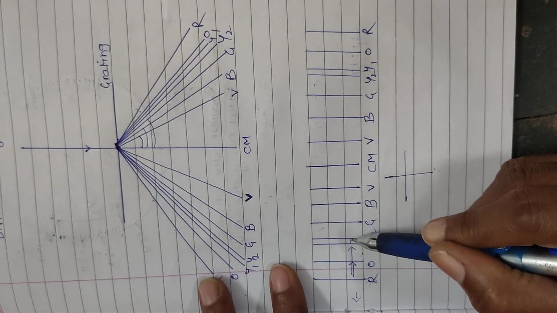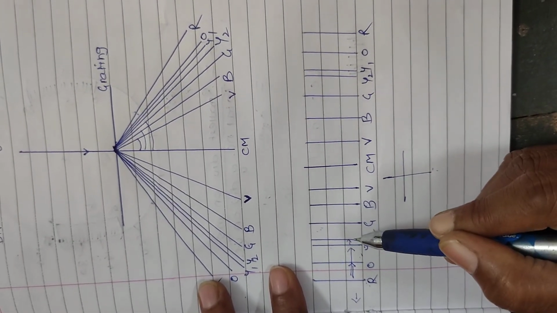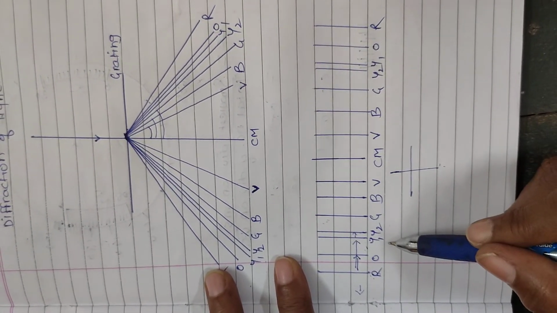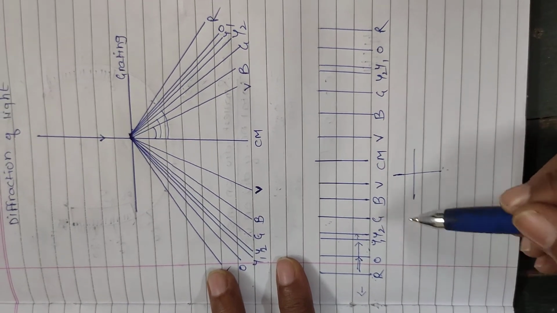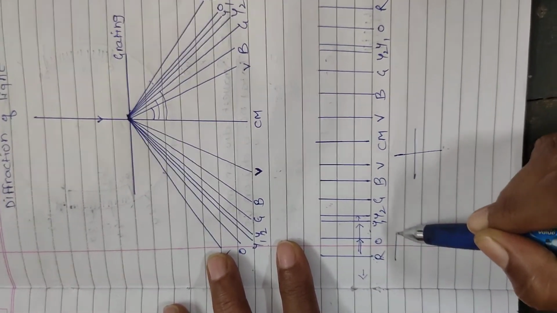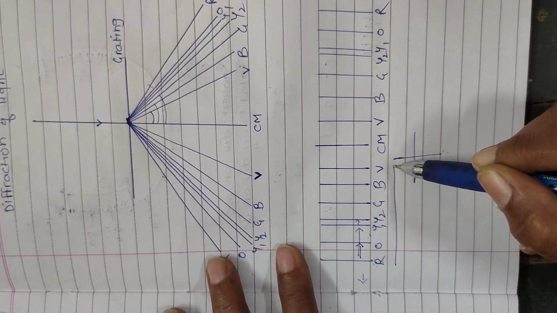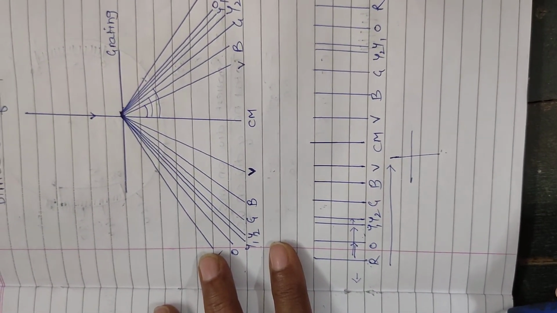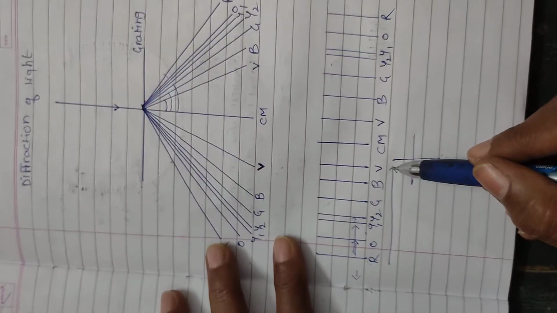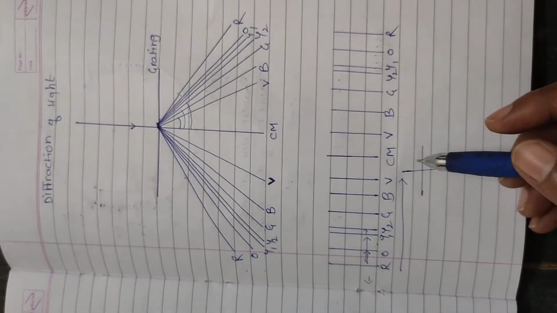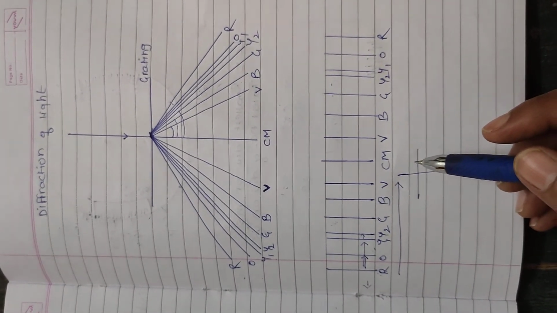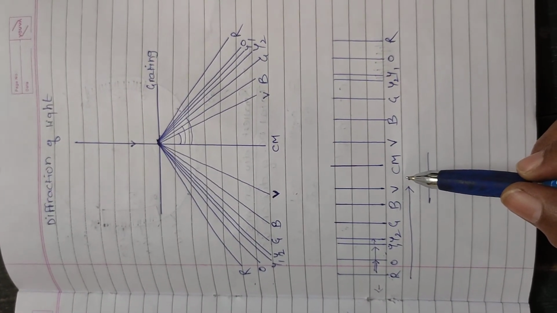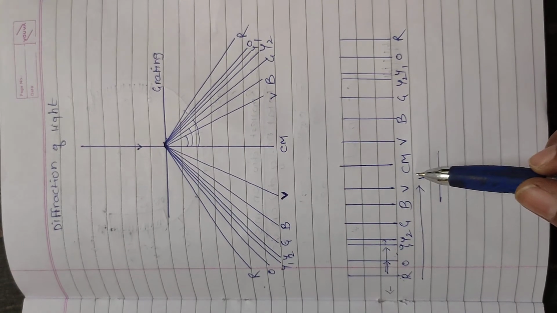Then we will shift the vertical cross wire of the telescope to the yellow 2 color line, overlap the wire on the yellow 2 color line, lock the telescope, and record the readings. That way we will go from red to green, blue, violet, that is on the left side of central maxima, from red color to violet color. Each time we overlap the cross wire on that particular color line, lock the telescope, and record the readings through two windows simultaneously on the circular scale.